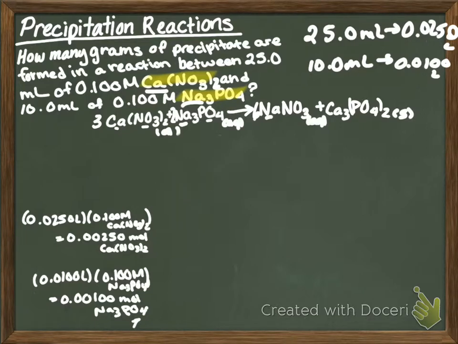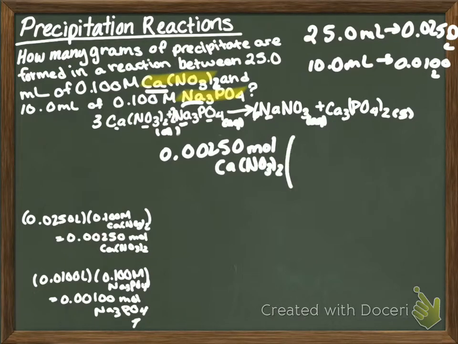Alright, so next thing we're going to do, since I've got moles of each of my reactants, I'm going to figure out how many moles of my product I can make from that. And I can turn that into grams using one more fraction for a stoichiometry problem. I'm going to make two separate equations for this. One for the calcium nitrate, one for the sodium phosphate. So I'm going to take my 0.00250 moles of calcium nitrate,